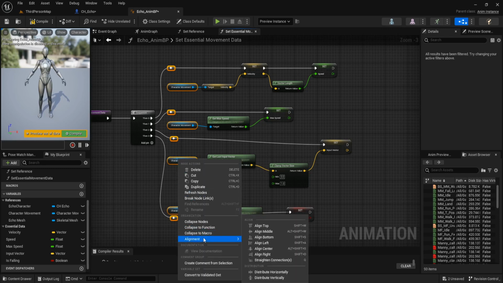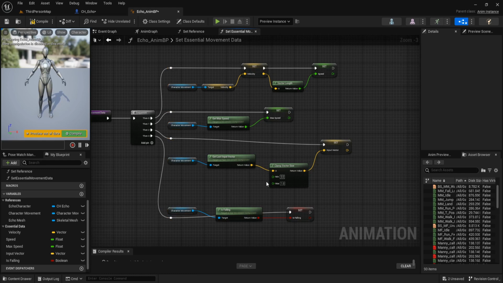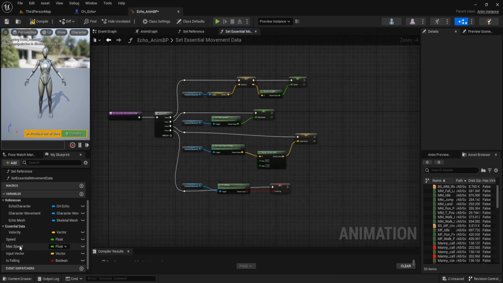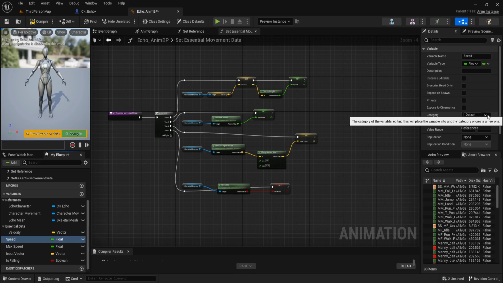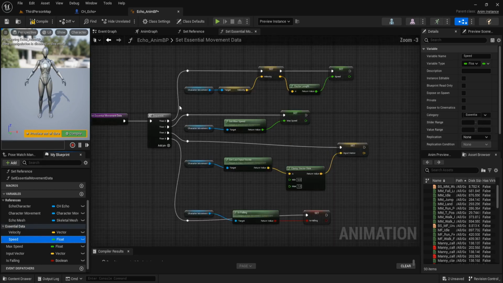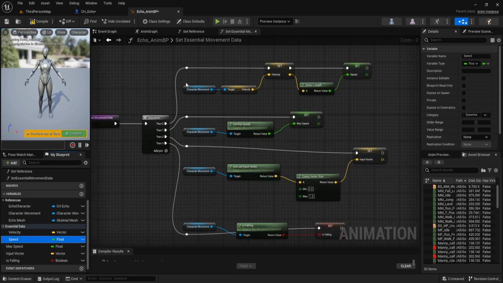Right click, align and align left. And all these variables are essential data. We get this data from the character movement.